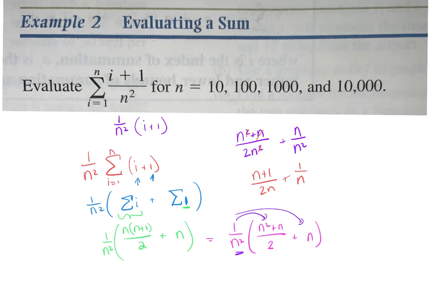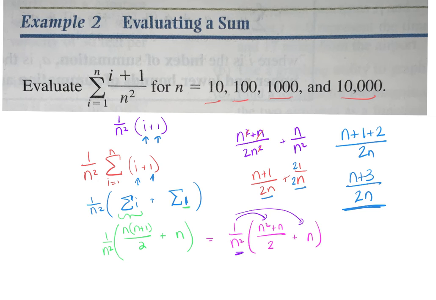Try to make it as simple as possible because they want me to do it for 10, 100, 1,000, and 10,000. So the more simple you can get it, the easier it is to plug it in. So I would actually do a common denominator here. 2n and n has a common denominator of 2n, so multiply top and bottom by 2, right? So now I have a common denominator: (n plus 1 plus 2) over 2n, or (n plus 3) over 2n. So here's what I'm doing. I'm simplifying it by plugging in my summations for my i and my constant. After that, it is just algebra. You are literally distributing, combining like terms, getting common denominators until you get this very simple